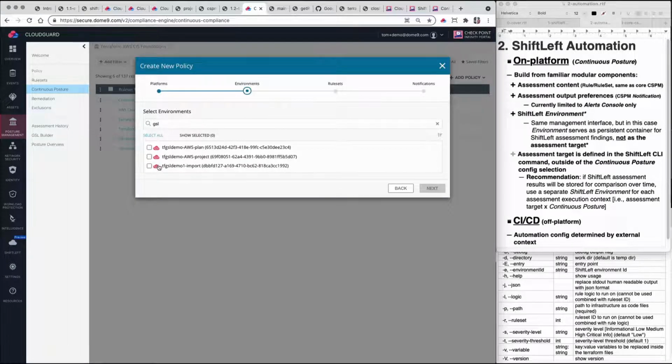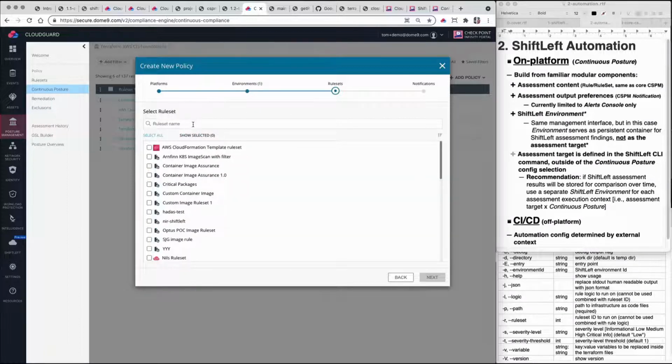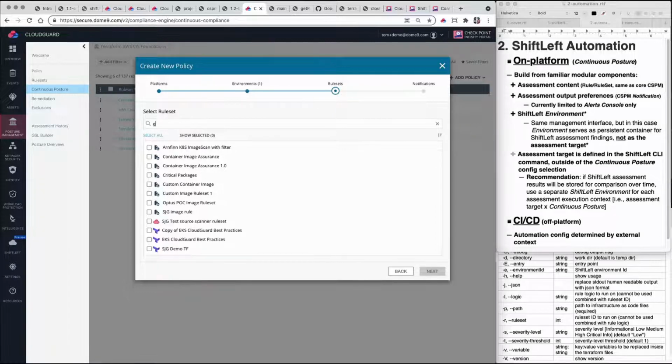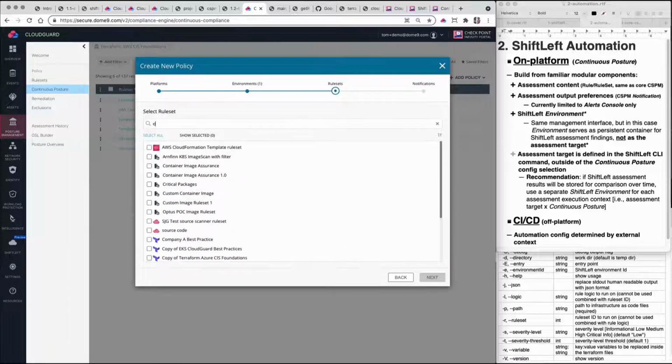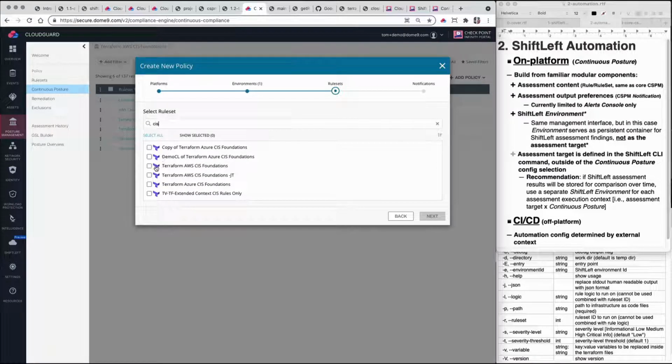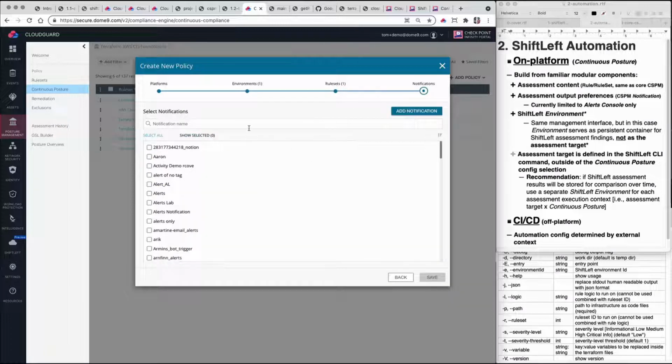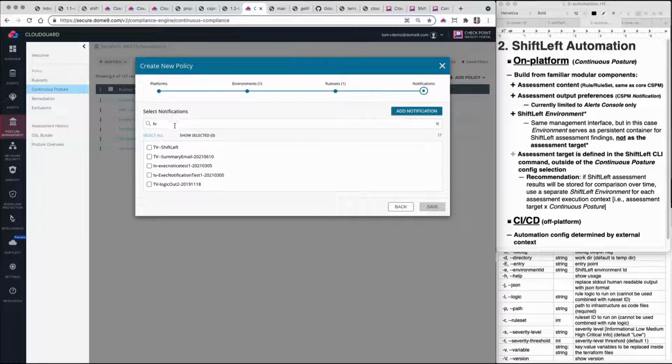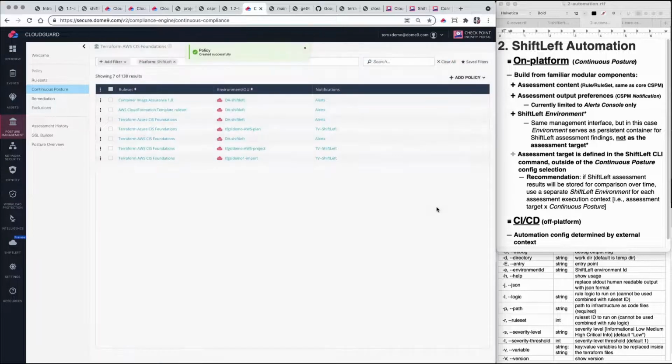We will select one of the environments I've created. Let's just choose, for simplicity's sake, the CloudGuard Managed CIS Foundations again. And then the output. So again, all these elements are the same that you would be familiar with from the core CSPM for the CloudGuard platform. And we basically have now set up a new automated workflow. So it's going to execute